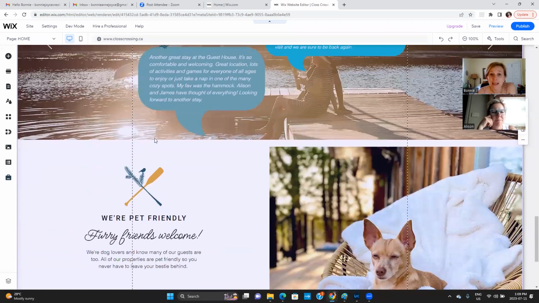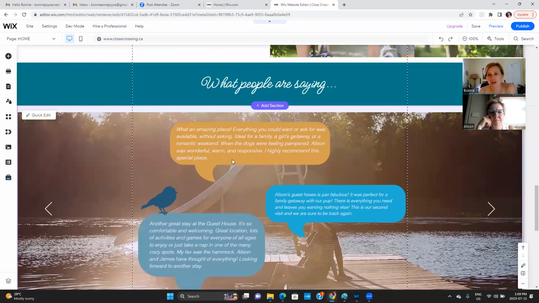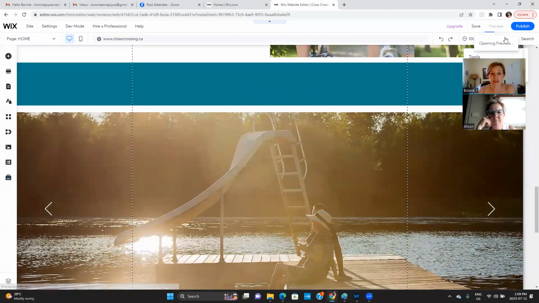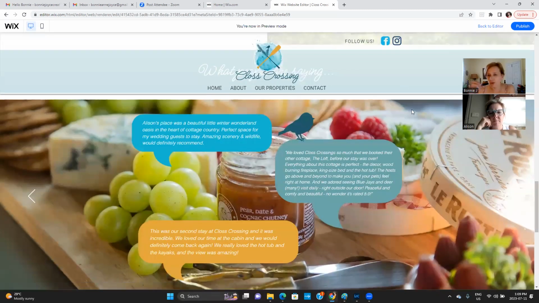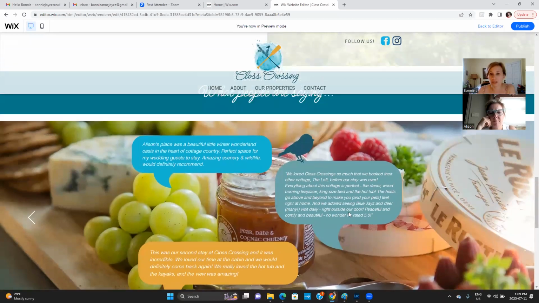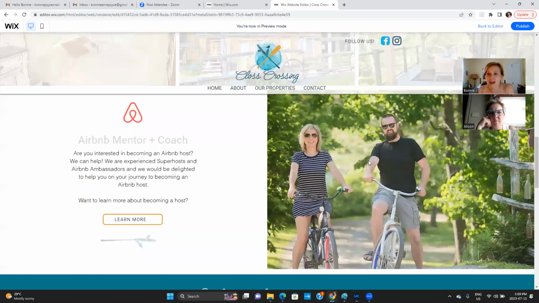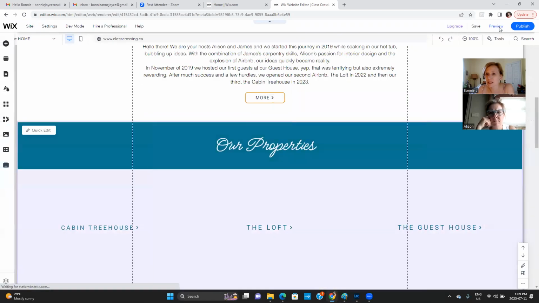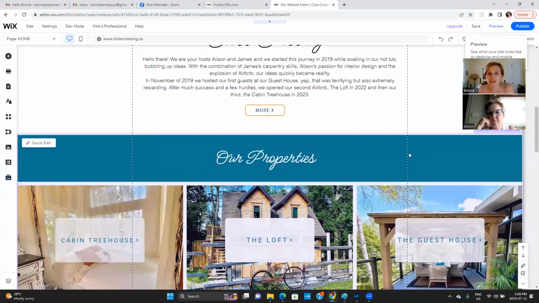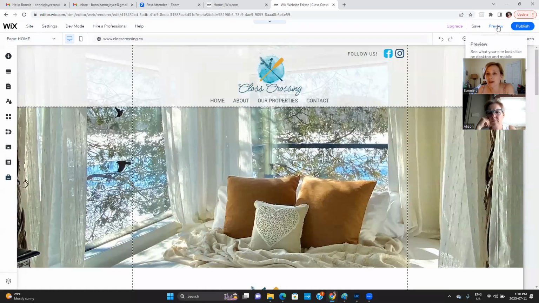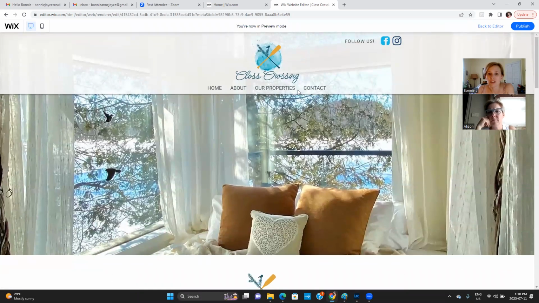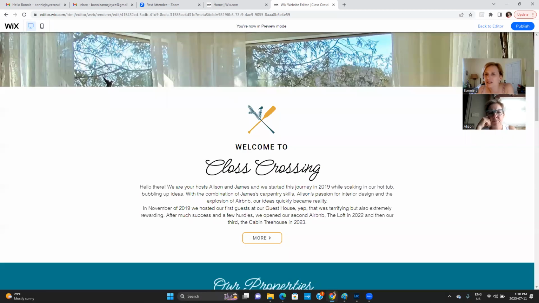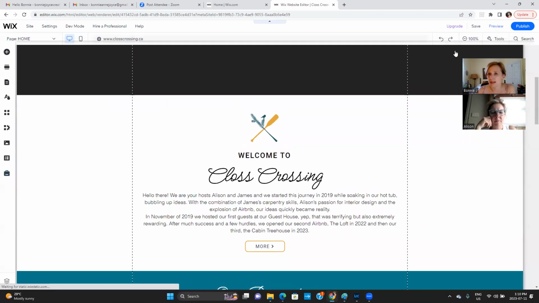And obviously when this is in the editor, you won't see any of the motion. So all the little animations and the slider, you can only see them when you're in preview mode, which is what I'll show you up here. I just press this little preview button up here, and that shows you what the site looks like when it's live. So if you've made a change, you want to check it out, you can see how everything floats in and all of that. And that's really helpful without pressing publish. And then you just go back to the editor.